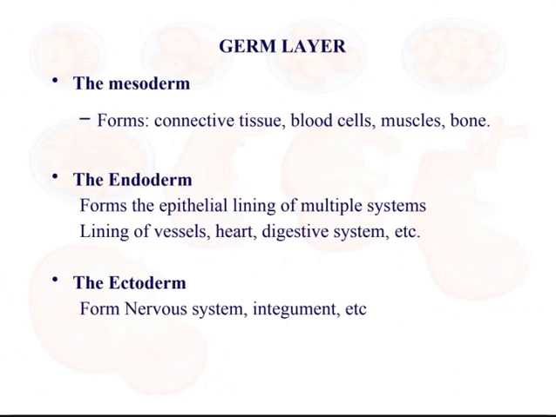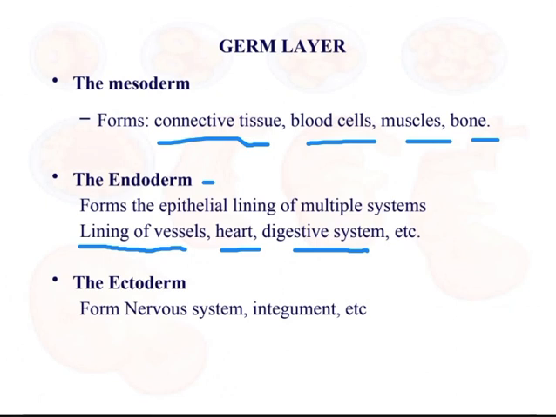Mesoderm usually forms, in the human body, the connective tissue, blood cells, muscle, and bone. These are what they're responsible for. The endoderm, what's really important for them, is the lining of vessels and the heart and the digestive system, especially the heart and the digestive system, because they are unique. والإفلك تذكرونها